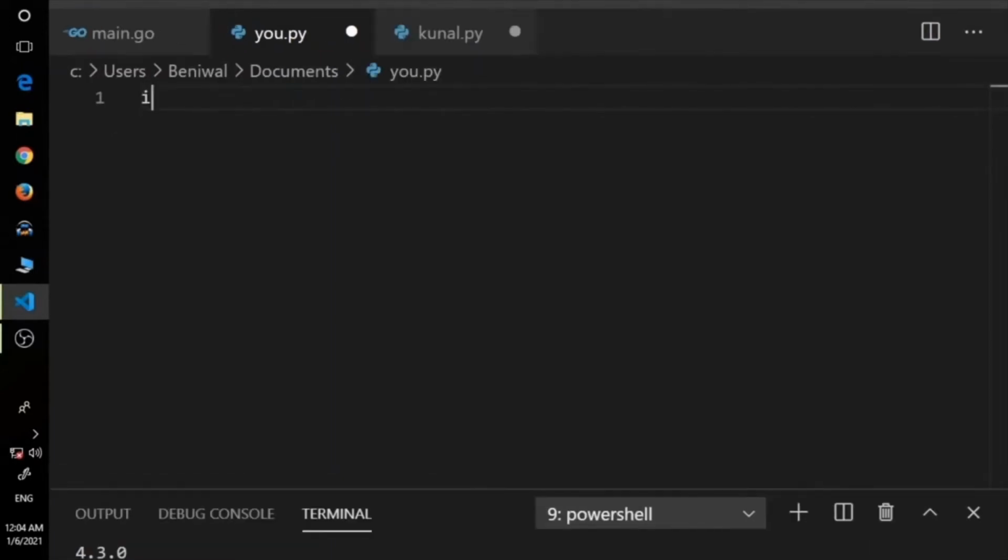So let's start with the code. First we have to import cv2. So we import cv2 as cv. Now let's create a class. So we say class ObjectDetection,